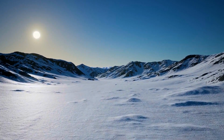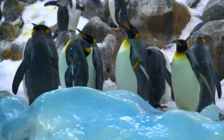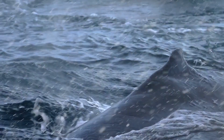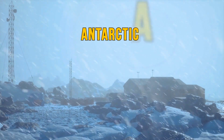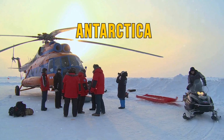There's not much to do in Antarctica except scientific work. You could check out the wildlife, like some cute penguins and seals, and you'd get to see the occasional whale swimming around. Antarctica is one of the biggest lands out there that's only inhabited by scientists and researchers from all